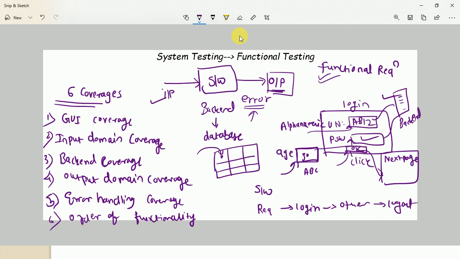We have a second category for system testing, because system testing is a complete process where we test the software application for functional and non-functional requirements. So the second category is nothing but non-functional testing. What is non-functional testing? Here we test the quality attributes of the software application, right? These quality attributes are performance testing, usability testing, compatibility testing, configuration testing, and there are many more types available. This non-functional aspect I'll explain in my next tutorial, right? So this is all for the entire system testing part 1, that is the functional testing tutorial.